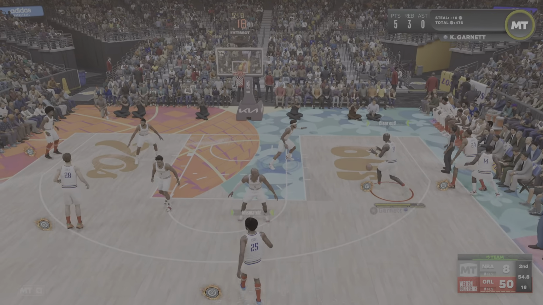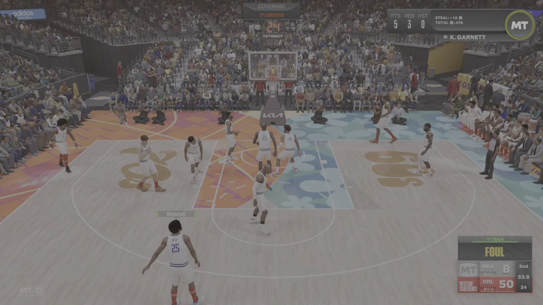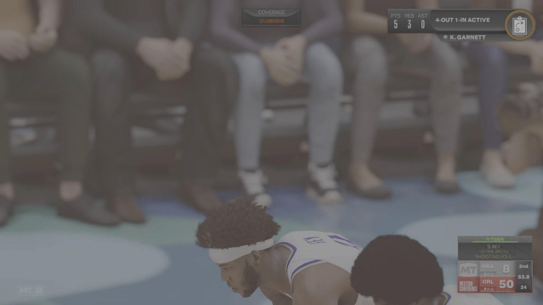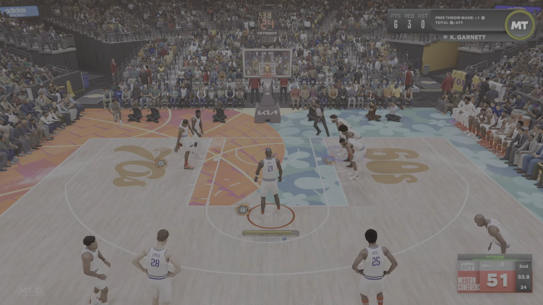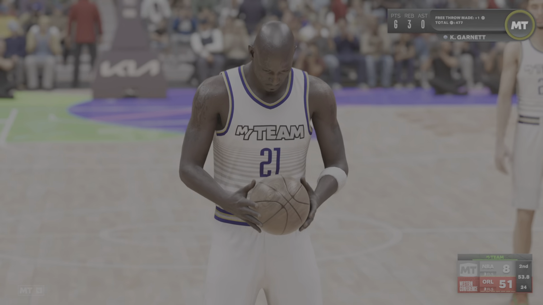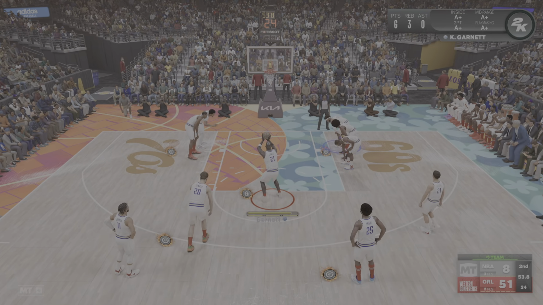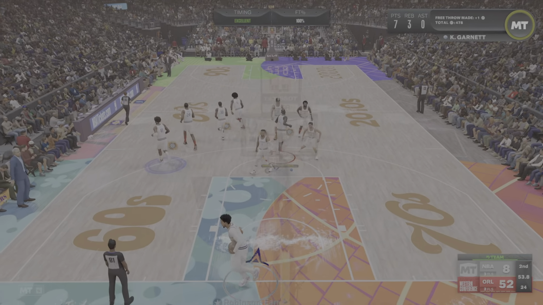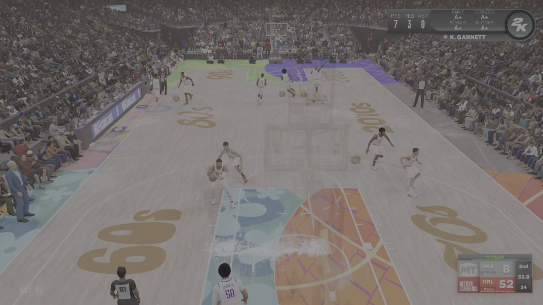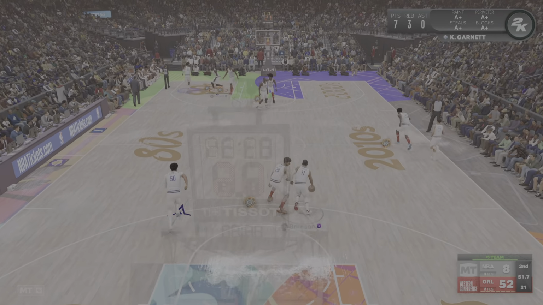Here's Bender. Here's Garnett. Shooting foul as the whistle blows. He'll shoot 2 free throws. First personal foul. And that passion that Garnett plays with is really infectious. He's always talking and trying to get himself and his guys going. Both free throws good from Kevin Garnett. And here's Brunson.